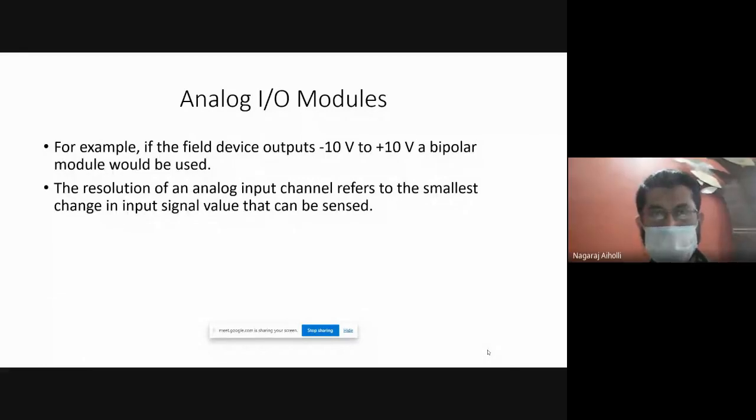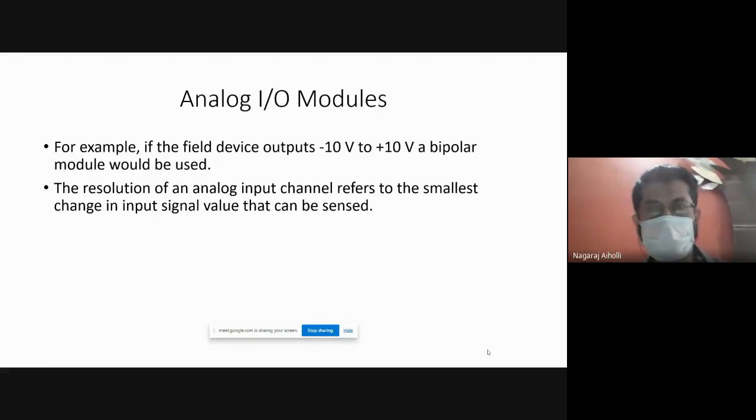Okay, fine. In the last class, we stopped at the analog I/O modules, and the last thing we defined was the resolution. Resolution of an analog input channel is the smallest change in the input signal that can be detected by that analog input/output module. Such smallest change in the input voltage or current is the resolution. Then we also defined unipolar and bipolar analog voltages.